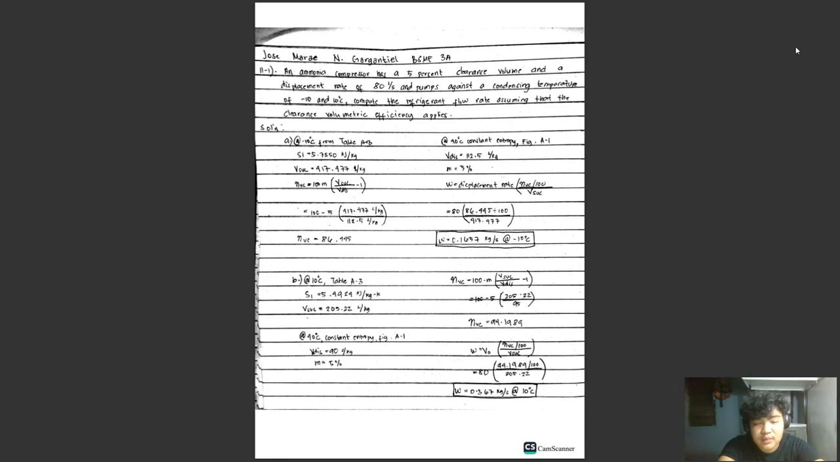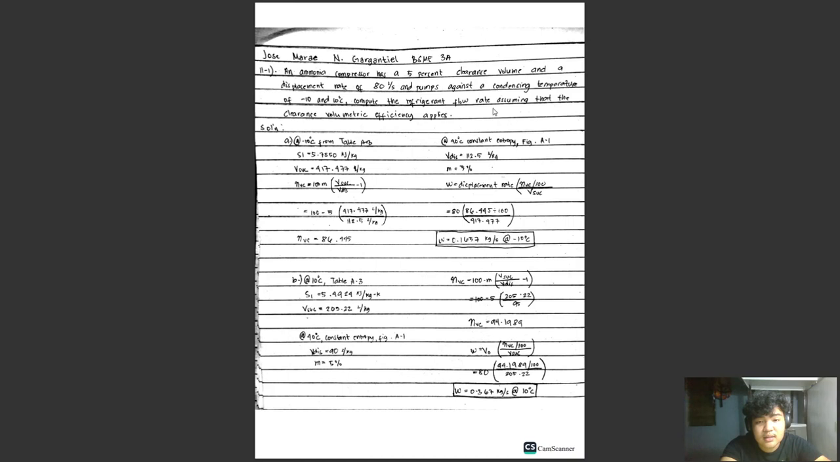So to start off, chapter 11-1: an ammonia compressor has a 5% clearance volume and a displacement rate of 80 liters per second and pumps against a condensing temperature of 40 degrees Celsius and an evaporating temperature of -10 degrees Celsius. Compute the refrigerant flow rate assuming that the clearance volumetric efficiency applies. Now, the solution: first, at -10 degrees Celsius,